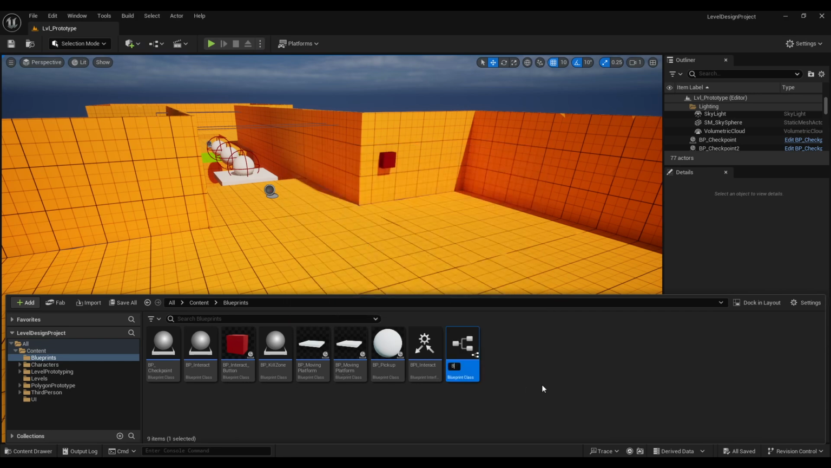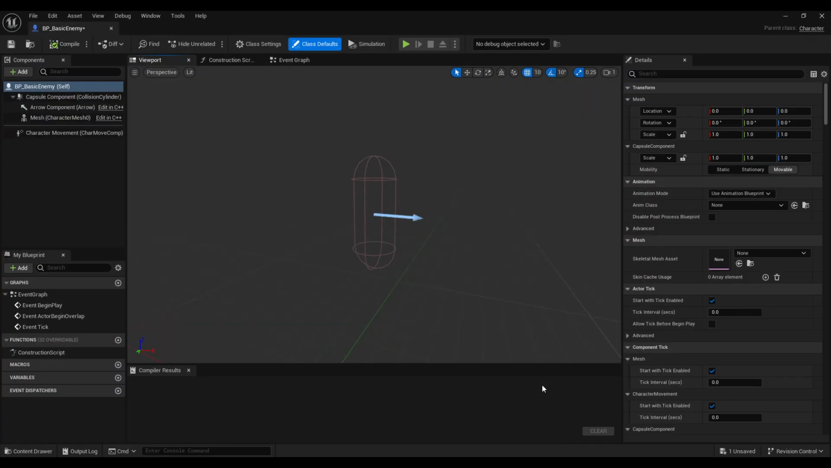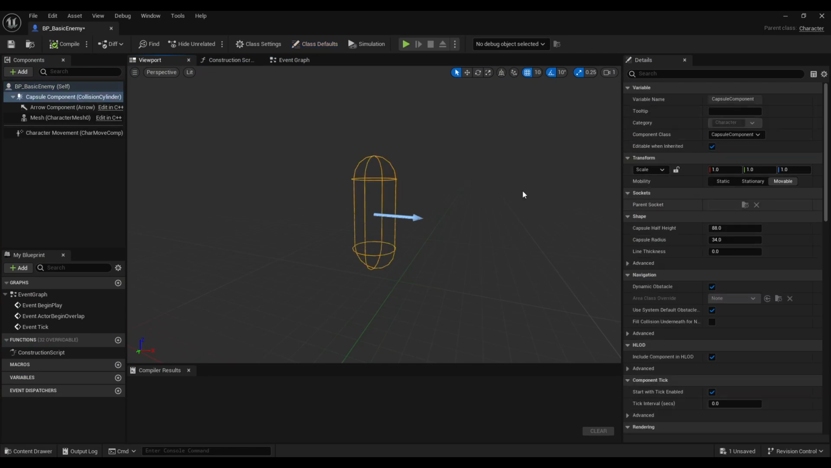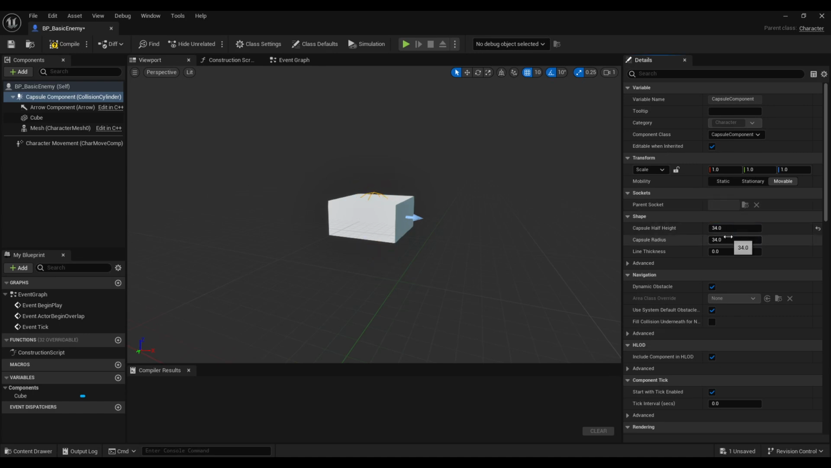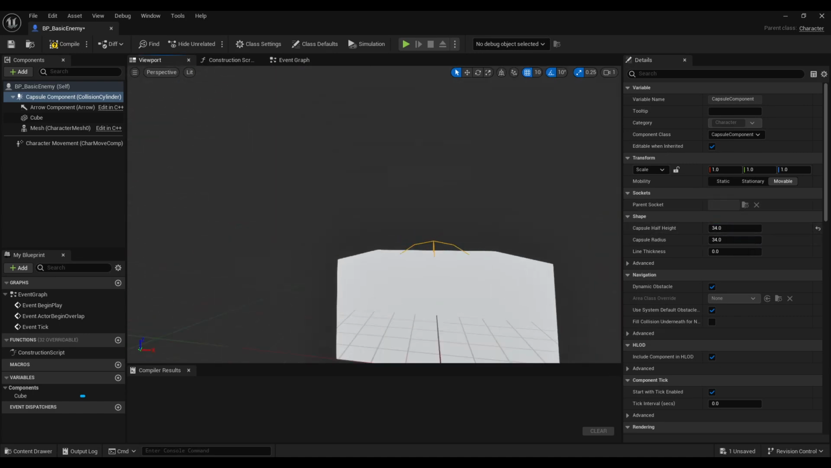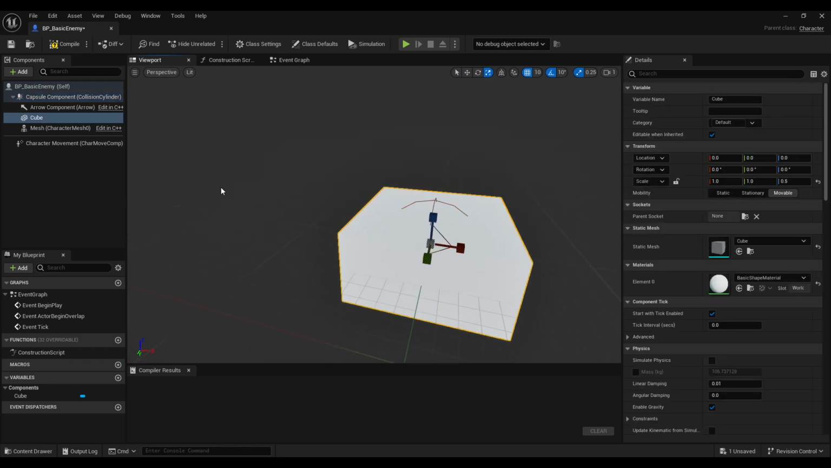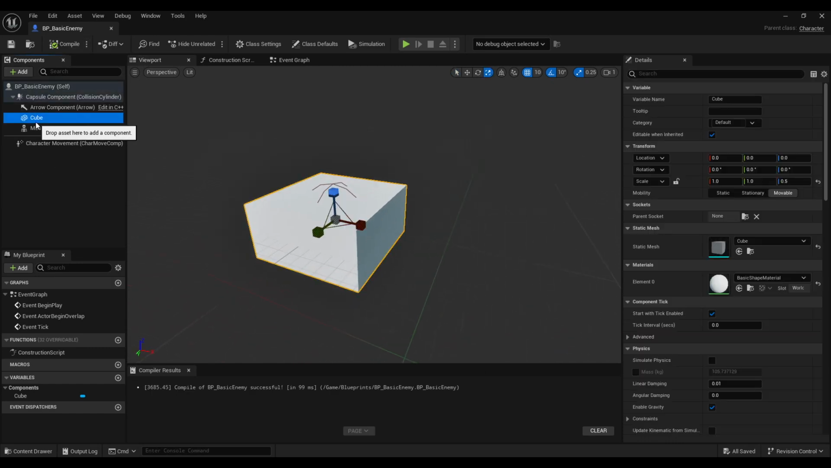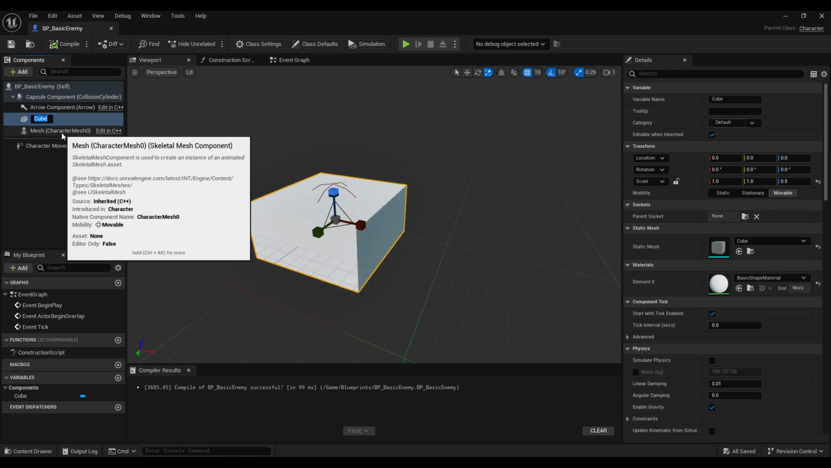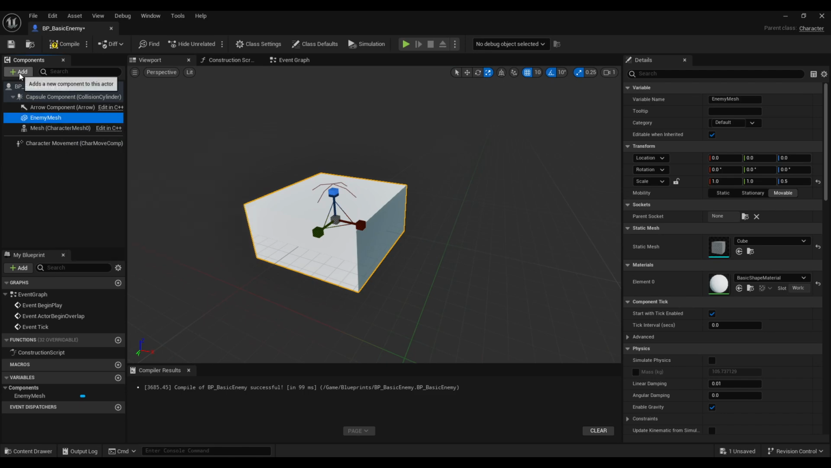So, if we add a character blueprint and we call this BP_basic enemy, and then we can start adding things to this. So just as a simple prototype, we can start adding everything in. So make this nice and small, just so it's going to be a little cube that's floating around on the floor. But then what we want to do is, I can rename this to enemy mesh, but then we want to